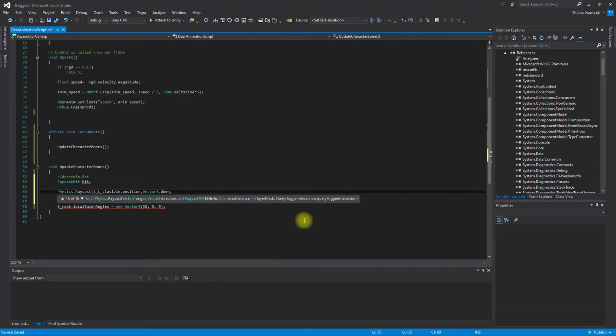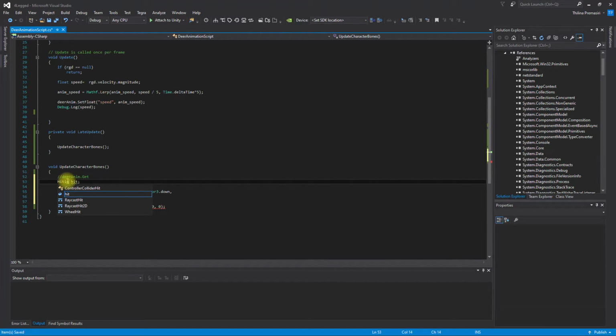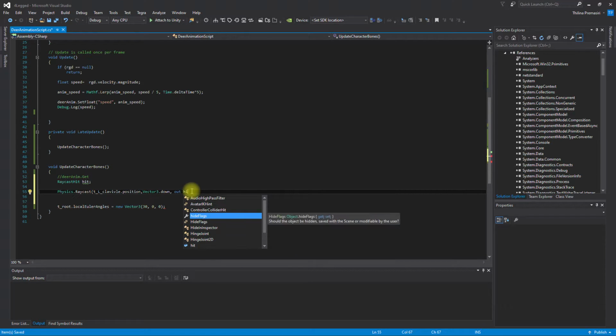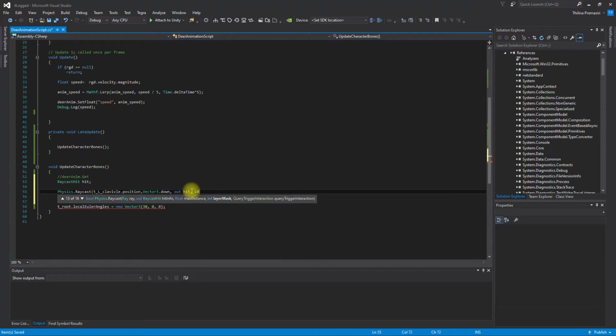We need to give hit in 4 before max distance. Okay, so this should be hit in 4. Hit 10. Alright, okay,